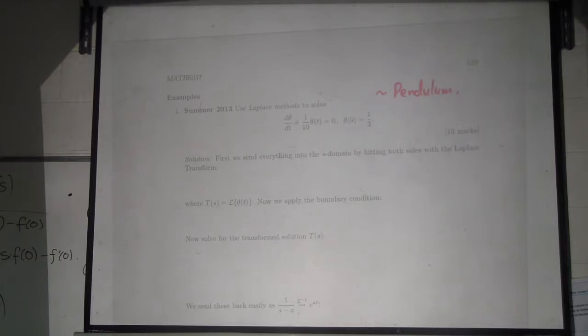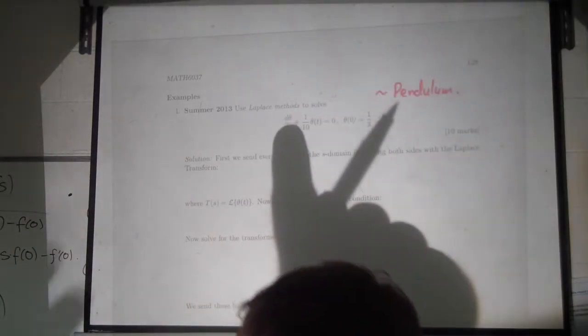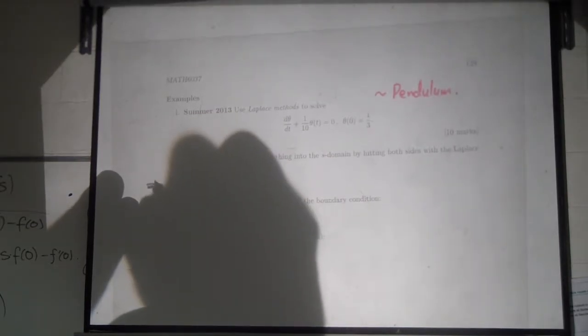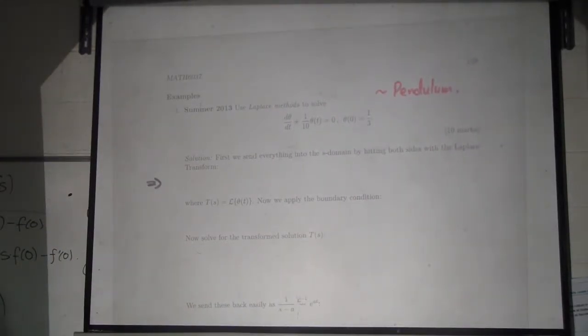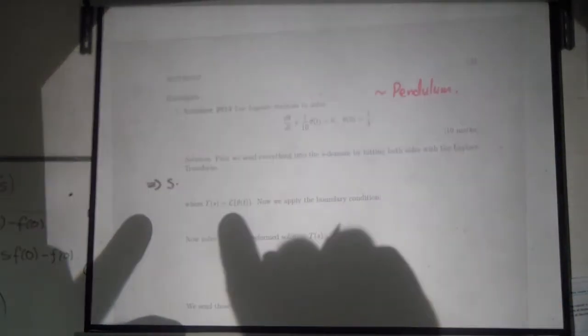Okay. Now, we're going to hit the first thing here, the d theta/dt. Now, what is playing the role of f here? Theta. Theta, very good. So instead of going from little f to big F, you're going to go from little theta to big theta. Now, there is a big theta, but we'll just draw a big T. Okay? So we're going to use this formula where the role of f is being played by theta. So the first thing when we send it, this derivative, gets sent to s times, not big F, we're going to use big theta, now we'll just use a big T instead,